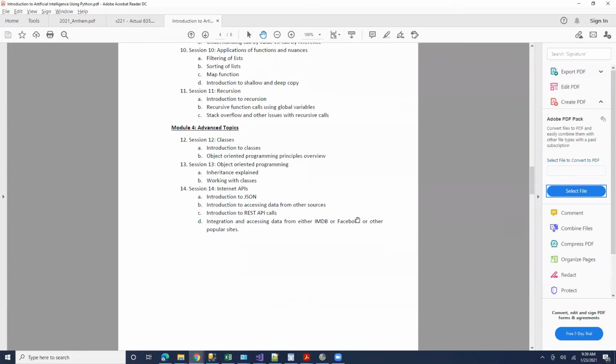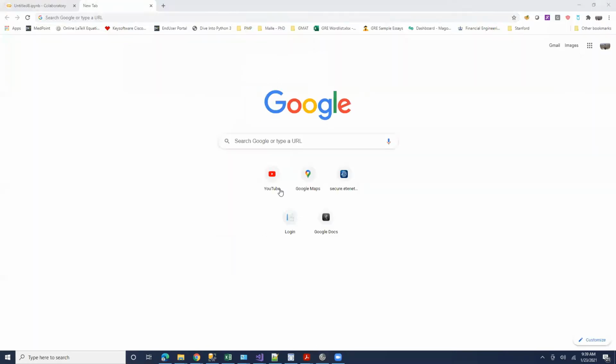So first thing is, what are Internet APIs? Actually, maybe we'll just make it more like a discussion session this class, rather than me talking. So how many of you know or have heard of Internet APIs? An Internet API is something you use to access software such as YouTube or whatever. Right. What is it?